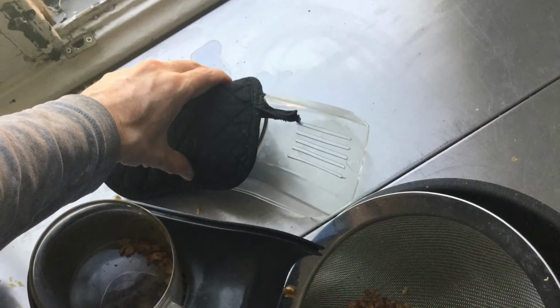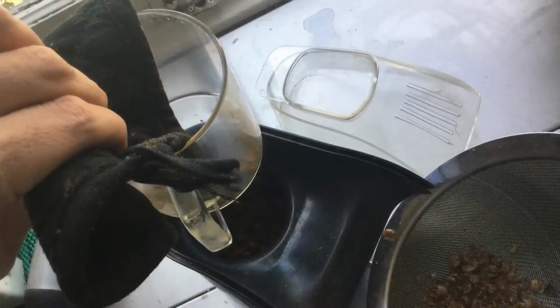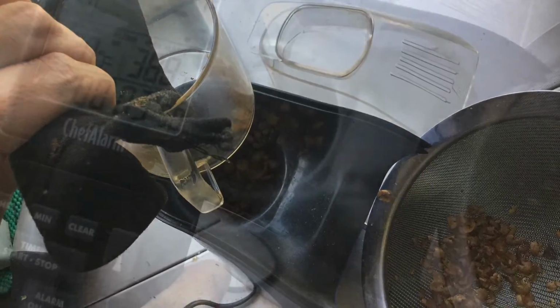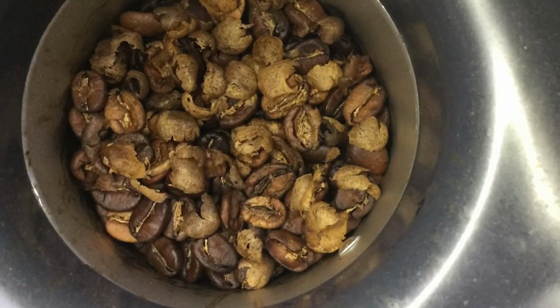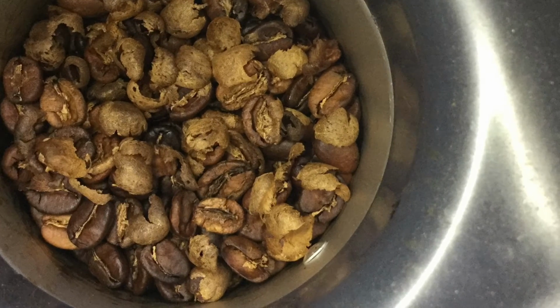Use a pair of hot gloves to take the popcorn popper top off, then place it to the side. Also, take off the glass that was covering the beans, but being very careful about where you pick it up and where you place it because it's extremely hot. We're about 4 minutes in and we'll notice that our beans are already sort of at a medium roast for us, with a lot of chaff, still kind of parchment, still hanging onto it,